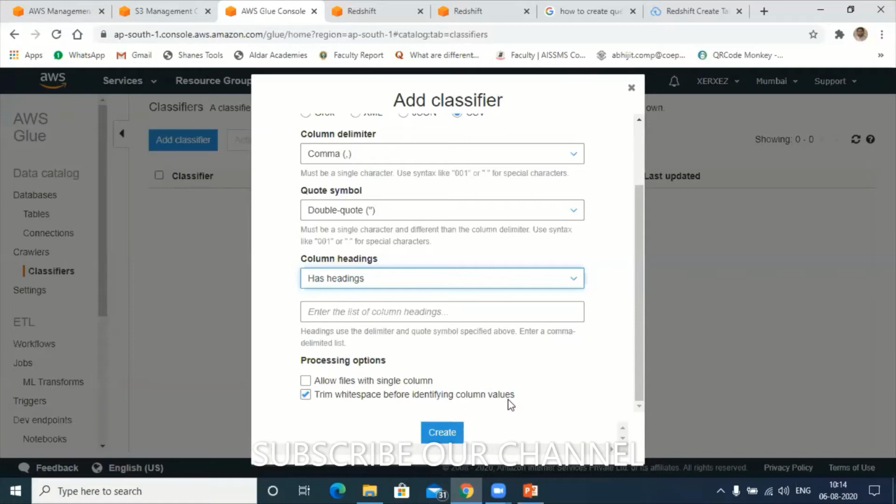It will send an error message. So the interesting point here is that Glue has the option: if there is a space in the CSV file, it can trim the spaces automatically. You will come to know all these things when you start executing your machine learning programs in 7th semester. Next is create.